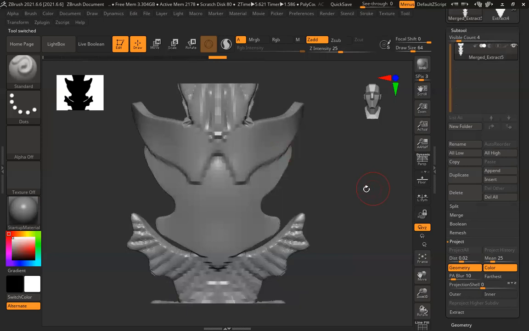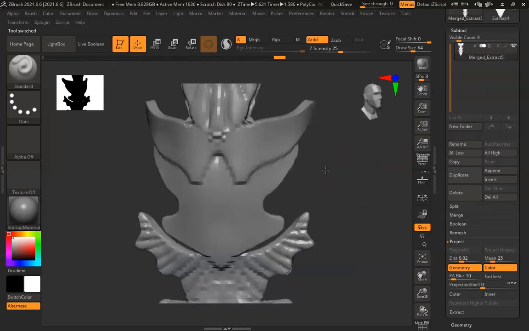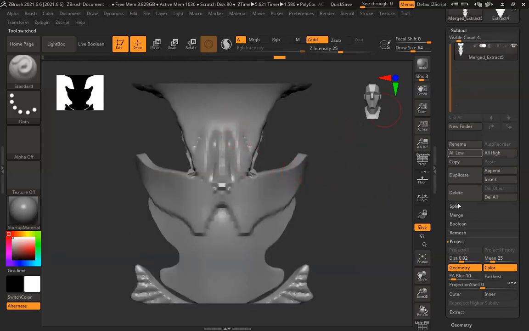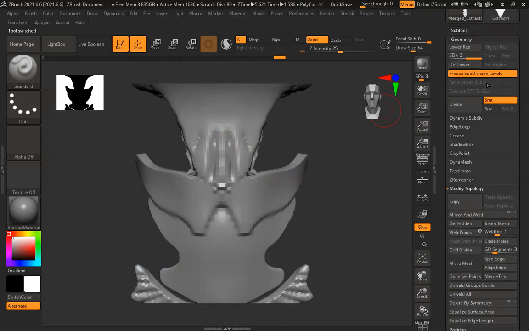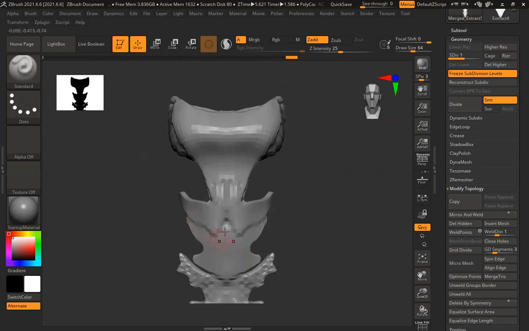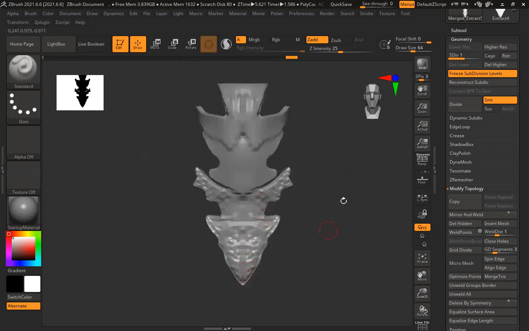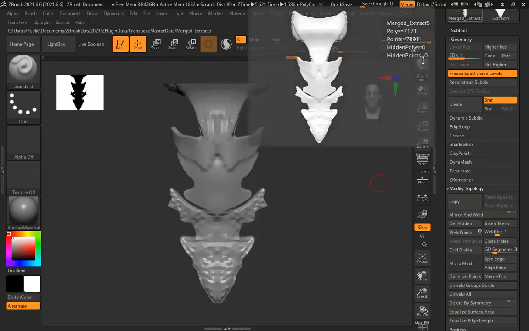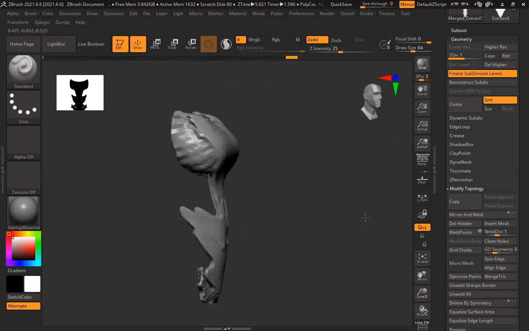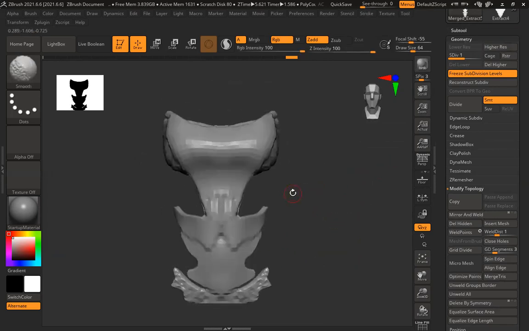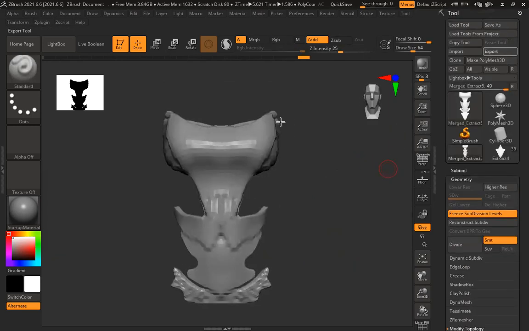Now if I delete this one, I can see all this detail, but it has one subdivision level that doubles the geometry, reduce it back. So you can see all these lines become slightly prominent. Still it's pretty low poly. Now you have all this information within those polygons, and delete higher. That's not required anymore. And now export this thing.